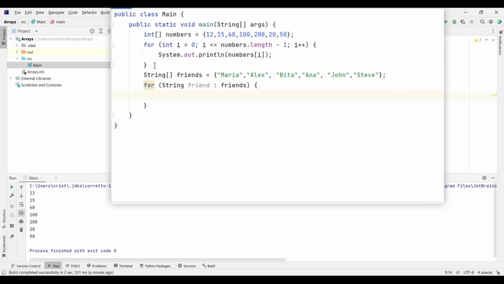And I'm going to type here SOUT friend. And now it's going to display all of our names using the for each. So we get all of our names.